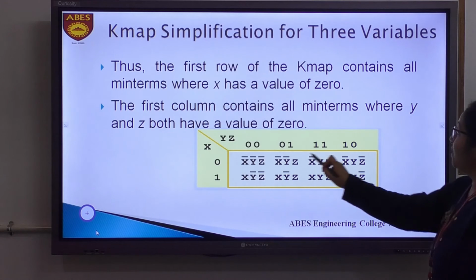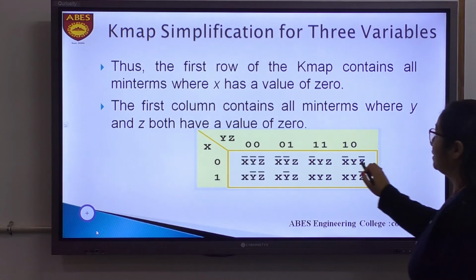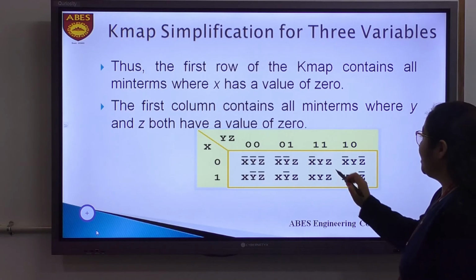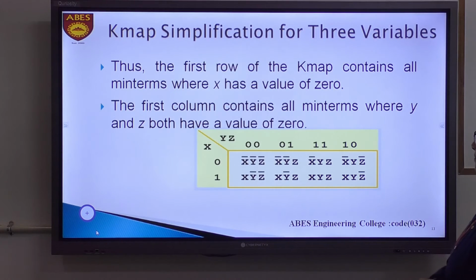So the first row of this K-map where x is 0, these are the min terms, and in the second row for which x value is 1, these are the min terms.